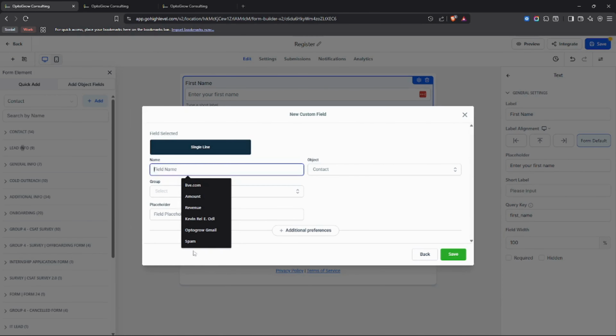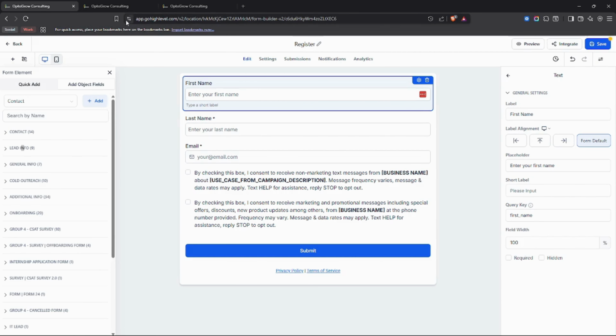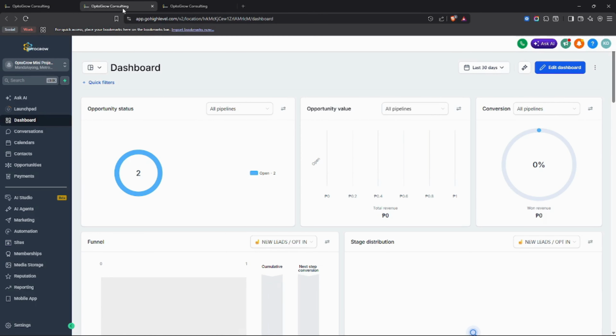Those are not from GHL. I only click this and then it didn't put it on the field name. So if you're having a problem here, let's go ahead and go to the other option to name that custom field. So if you're in the dashboard,